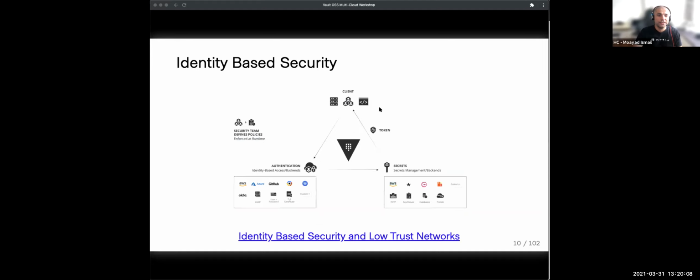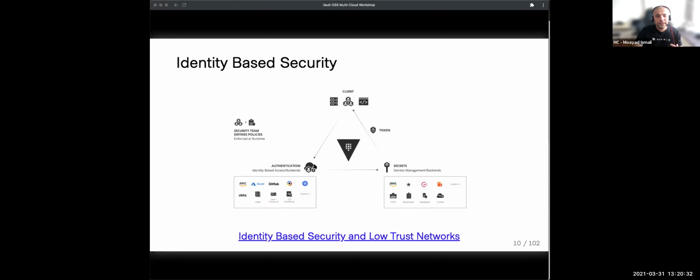As you can see here, Vault uses identity-based security where clients, and by clients I mean a VM, a physical machine, an application, a serverless function, anything that requires access to a secret. We'll describe the secrets further at a later stage, for example an SSH key or a PKI certificate.